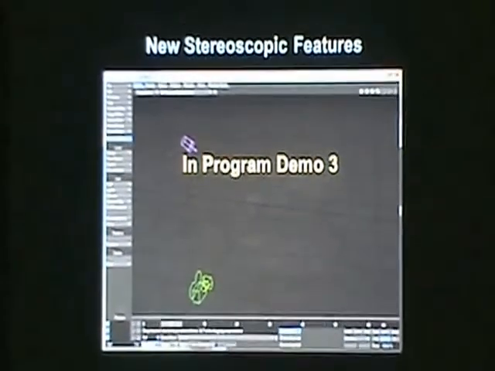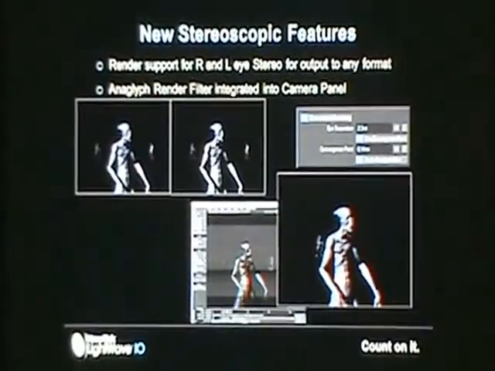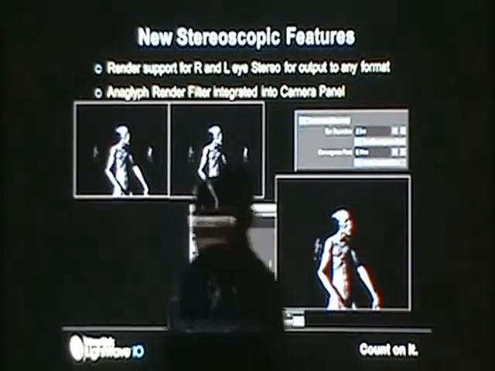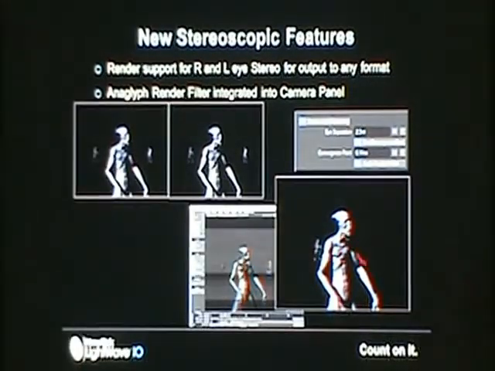So let's pick up from our demo there. And again, you see there's the OpenGL representation. There's the anaglyph renderer. If you don't check on the anaglyph renderer, it's going to absolutely render out right and left eye just by default. So you're going to have that. That is the preferred method for high-end output, and everything is going to be calculated in relation to that